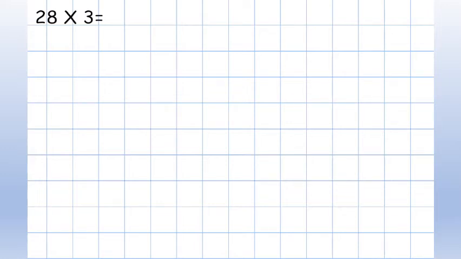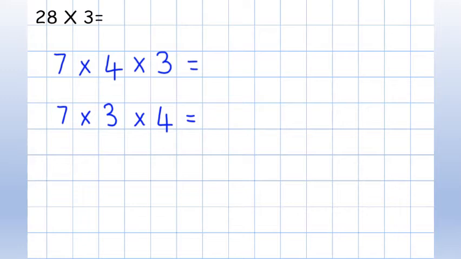28 factorizes, because we're factorizing this time, to 7 times 4, or 4 times 7, whichever way around you want to do it. And then we multiply that by 3. In fact, I'm going to swap that around to 7 times 3 times 4, because I'm better with my 3 times table, and probably quite a few of you are as well. 7 times 3 is 21, and 21 times 4,